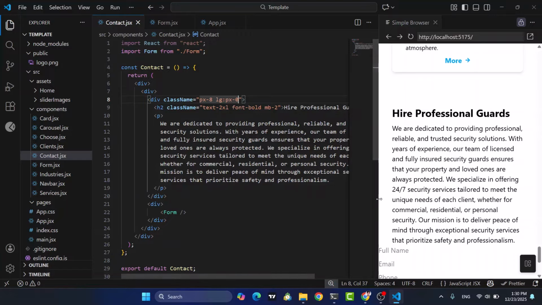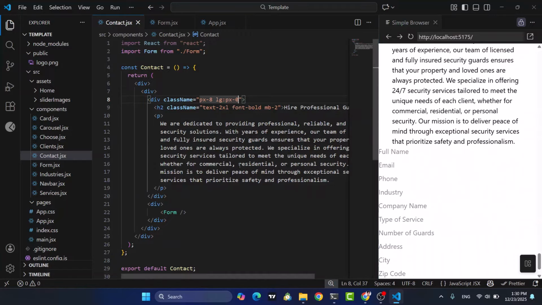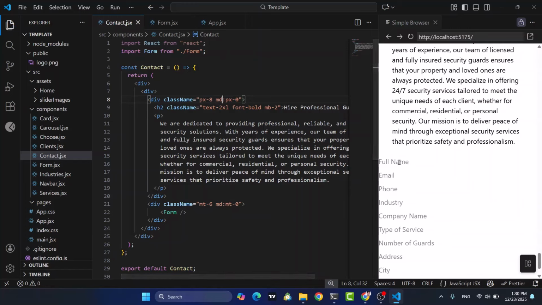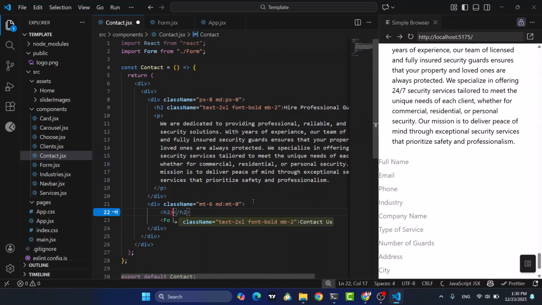That's okay, but let's now design our form. So for the form, there should be a space. Come here, class name margin top 6. For larger devices, or MD devices, margin top would be 0. Here also we can add MD for medium devices. Yeah, a space has been added, but before the space let's add here an h2 tag, and that will be a